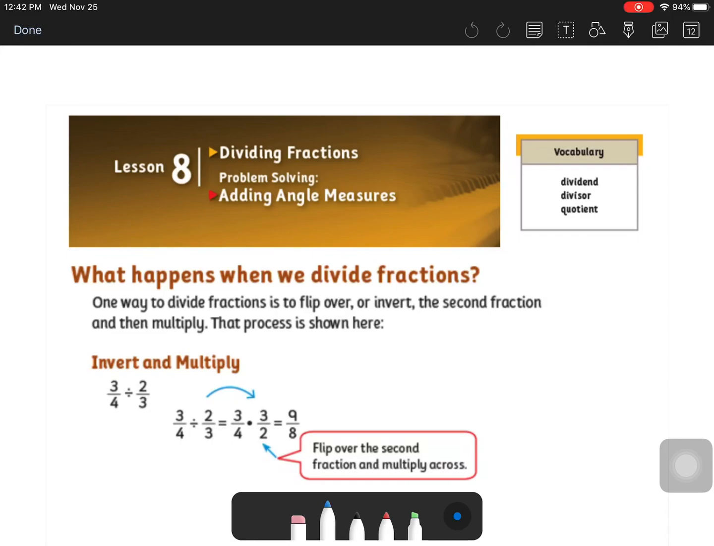Hey, Transmath 2 class, we are taking a look at dividing some fractions, and we'll just get started here. We're also going to do a little bit of work with some angle measures again. Okay, so as we divide fractions,